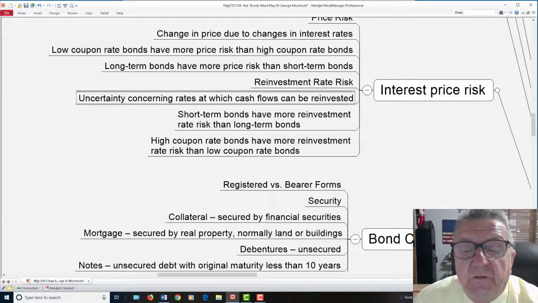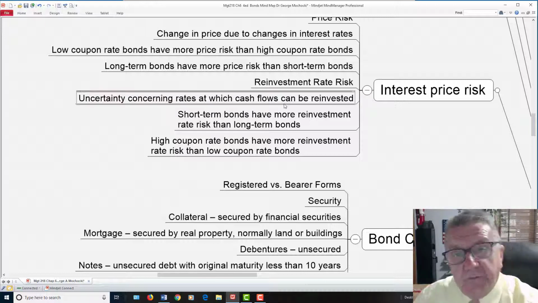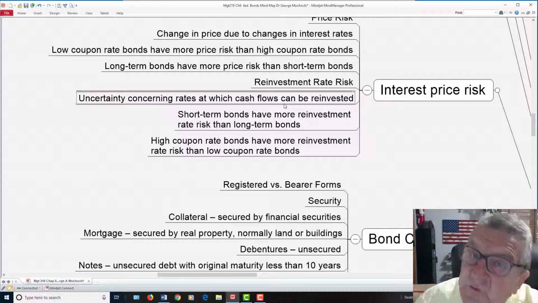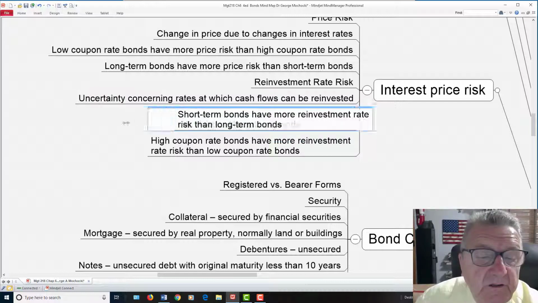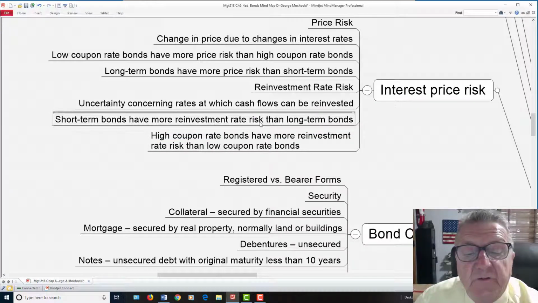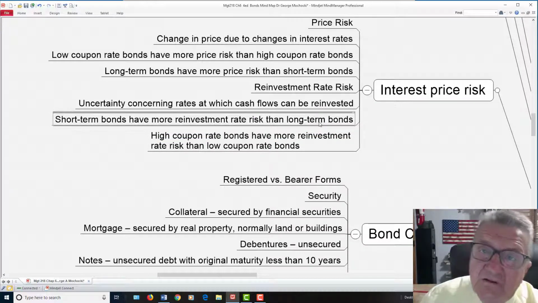Reinvestment risk, okay. Uncertainty concerning the rates at which cash flows can be reinvested. Remember, I'm taking the money coming back from the bond, and how do I reinvest that? It's the stream of income we talked about last in chapter 5. Short term has more reinvestment rate risk than long term. Long term, I have longer because